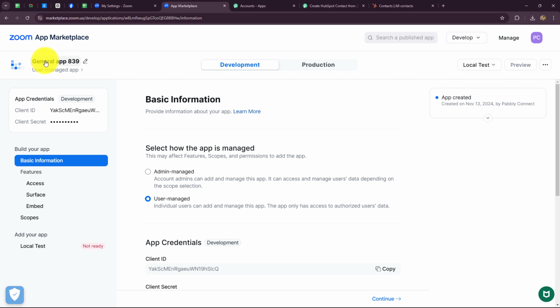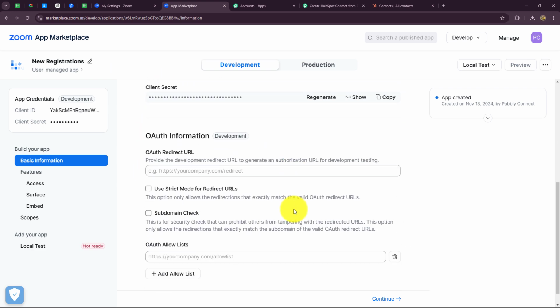Now if you want, you can also change the name of this app. Let's say I'm going to give the name as new registrations, just a random name, but you can give the name according to your choice. Now when we scroll down over here, we have to enter some details. It is asking us the OAuth redirect URL. In this, you have to enter the redirect URL, that is